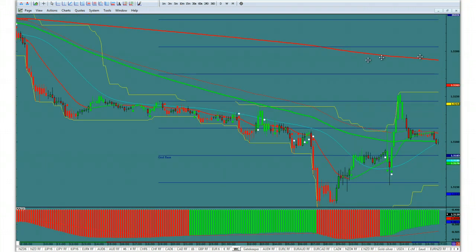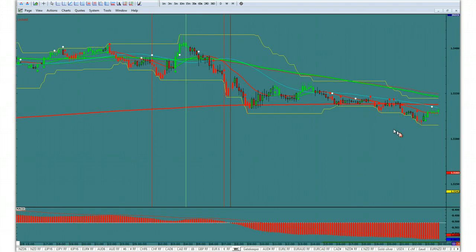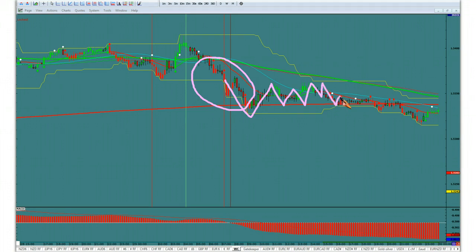Go back over here. All right. So here's the area where we were in the desert. Right here. See, we don't know if we have more buyers than sellers, and see they're bouncing around. This is why traders lose their money in the desert, because the market doesn't know if it has more sellers than buyers. But when we get a break, a hook, and a go, we now know we're probably a seller